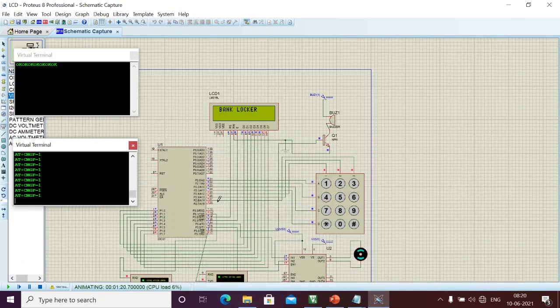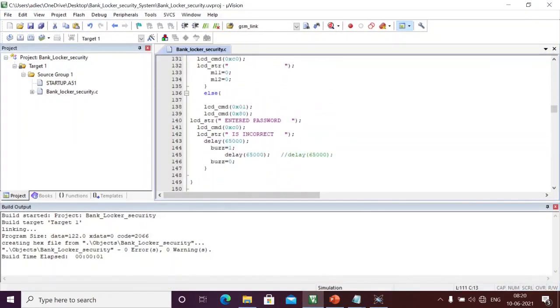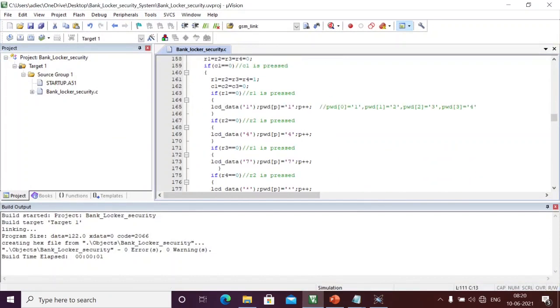Now we'll see everything. Right now I am going to enter the correct password. Press 1. Okay, 1 is displayed here. In a similar way, 2. The same data is going to be stored in the password. If you see the keypad here, 1 is displayed on the LCD. The same password will be stored in this password array, and here I am going to store 1, 2, 3, 4.